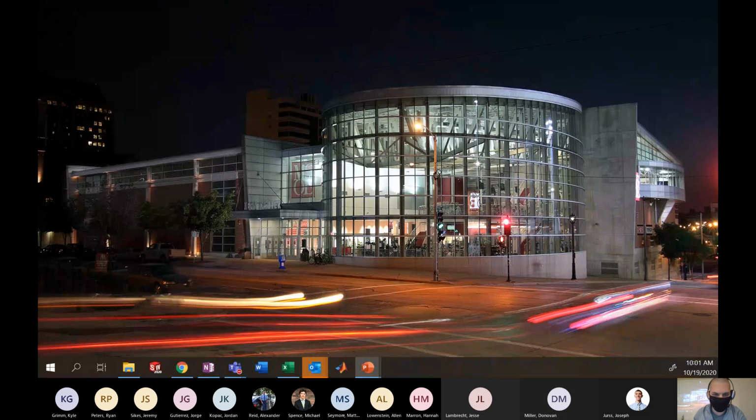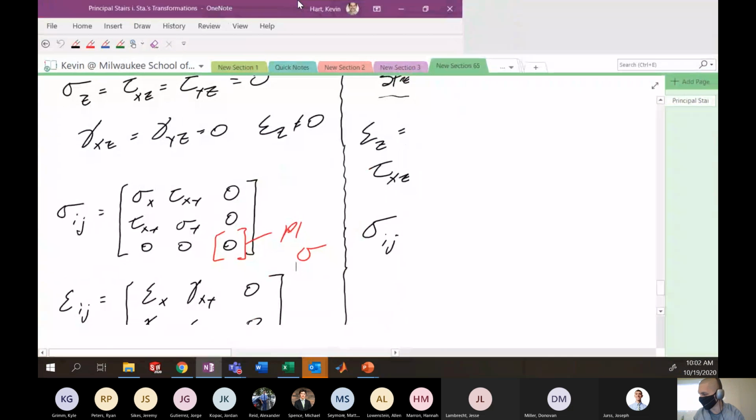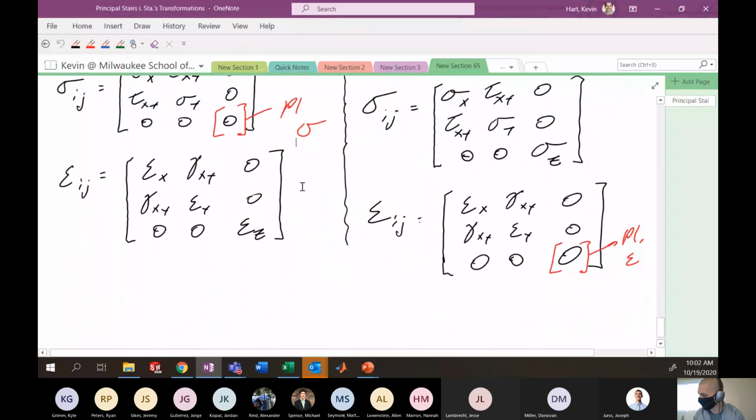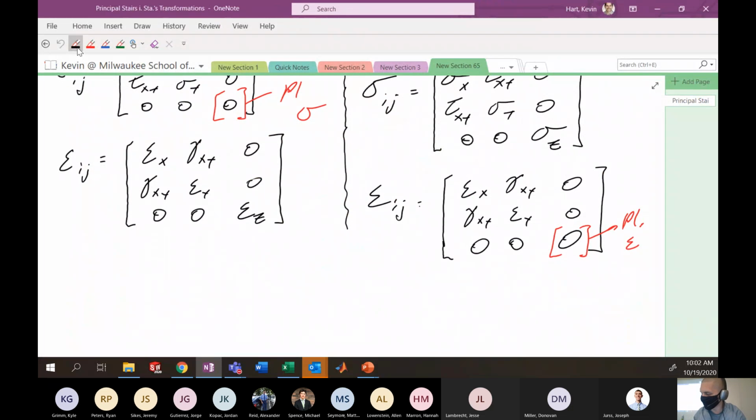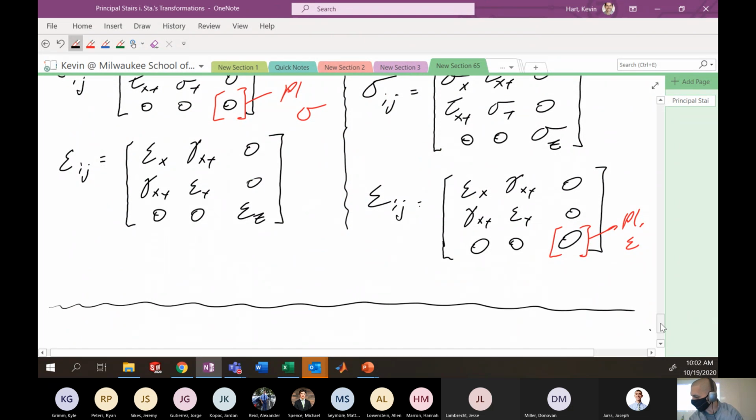I sort of mentioned this before, but we're on the strain transformation notes, and I'll just pick up where we left off, talking about plane stress and plane strain. I spent the whole lecture on plane stress and plane strain. Hopefully we're locked in now. The idea is that a plane stress element has no stress in the third direction. A plane strain element has no strain in the third direction. Know the differences between them and how to calculate.